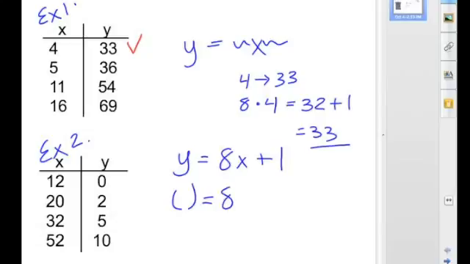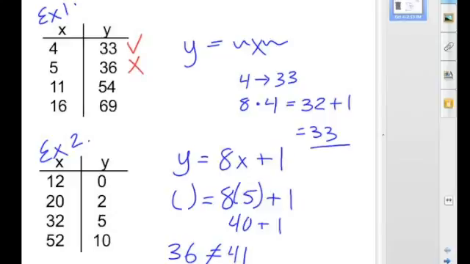So I can have 8 times my x value, which is 5, plus 1. 8 times 5 is 40, plus 1 is 41. And 41 is not equal to what should be my y value, which is 36. So that is where that equation specifically fails. Now, if you go back,